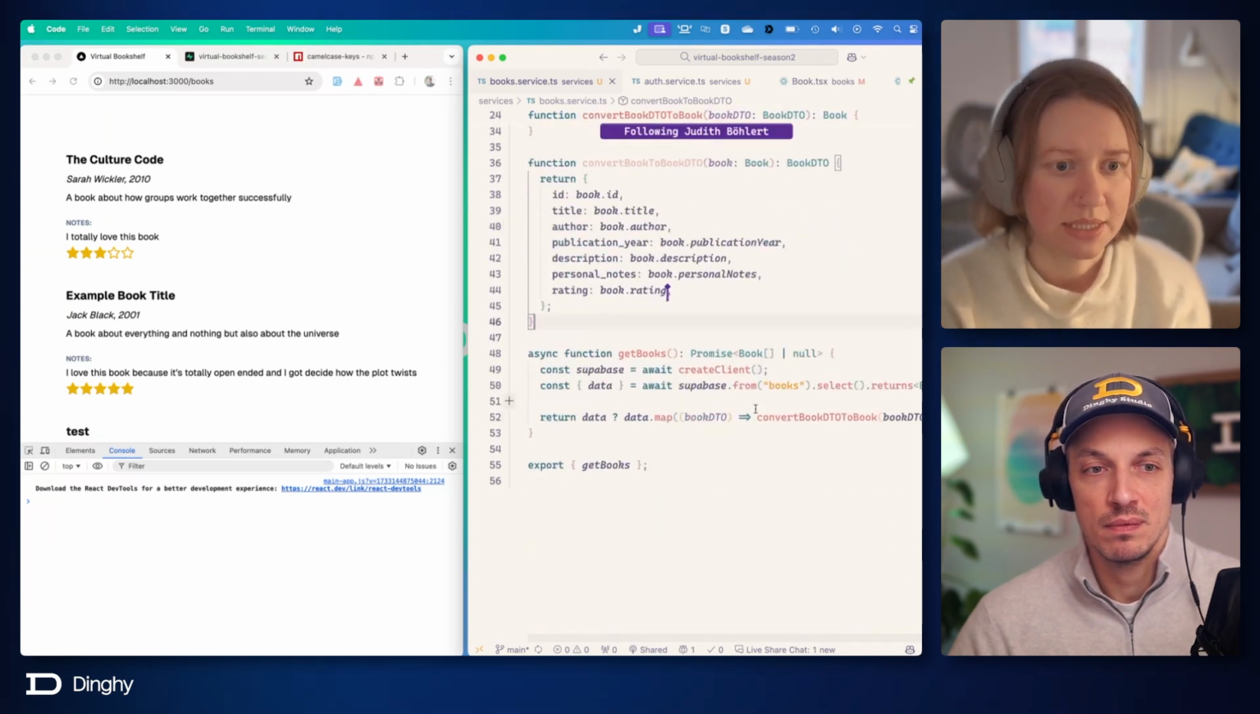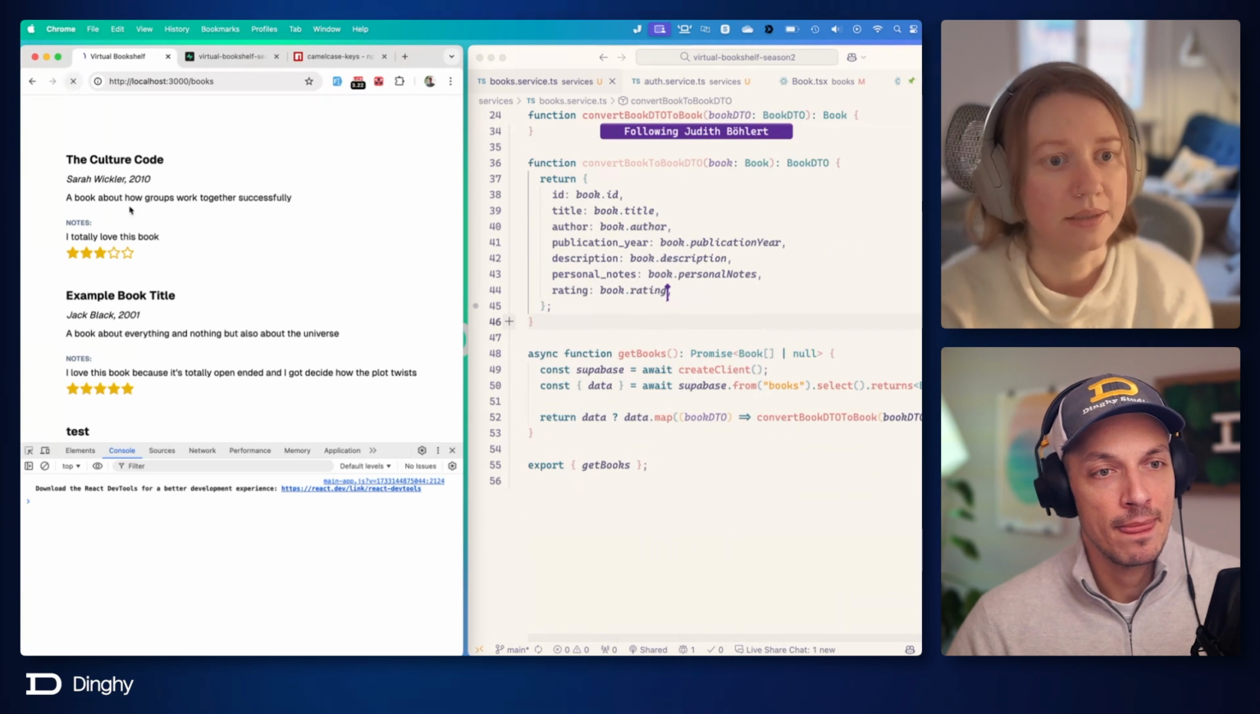Cool. So I think that's nice. We are back at a working state. We cleaned up our code a little bit. Yeah. And I think it might be time to create some books. Awesome. Cool. That is very nice. Maybe actually we'll take this one as a learning. And